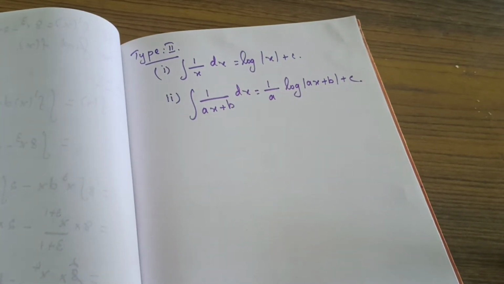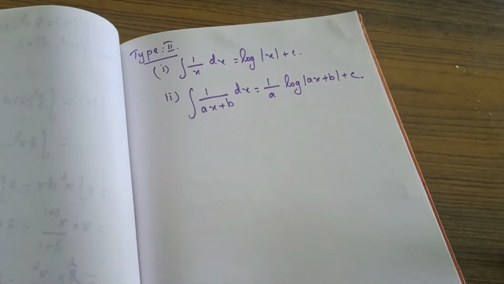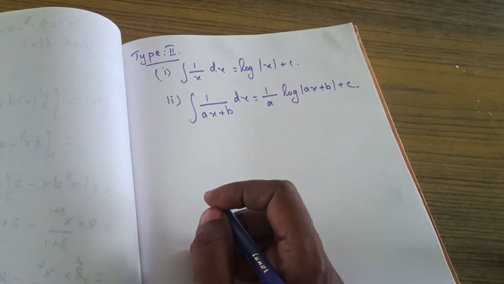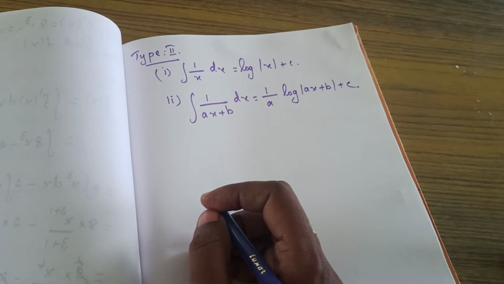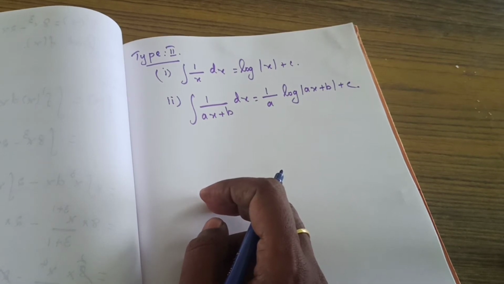Please listen, students, in integral calculus formulas are very important. If you are thorough in formulas, it will be very easy for you. So here, first formula, go through it. Integral of 1 by x dx. If you bring this x to the numerator, what will happen? x power minus 1. So x power minus 1 means n value is minus 1. I taught you in the last section the x power n dx formula. In that formula I said one condition, is it right?